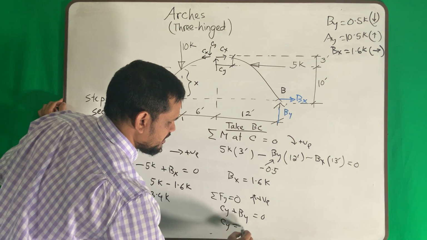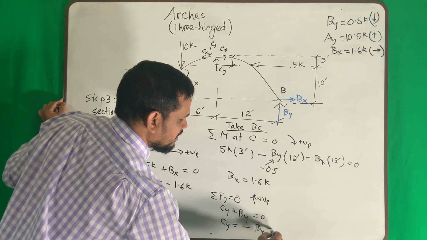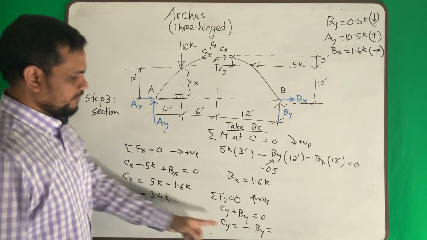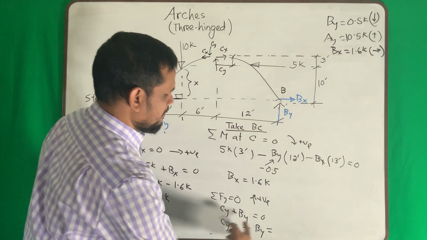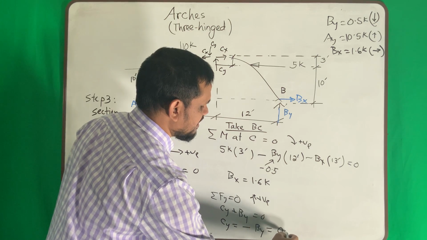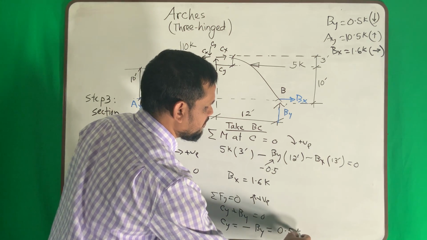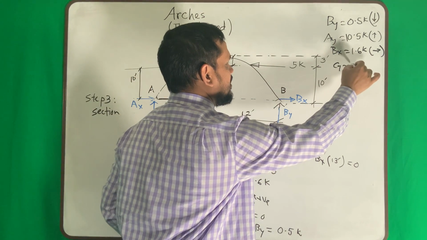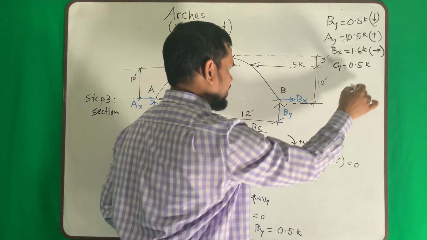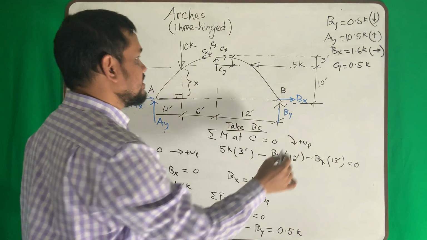So Cy equals minus By. And what is By? By is here minus 5.5, so here it will be plus 0.5. So we got Cy plus 0.5,